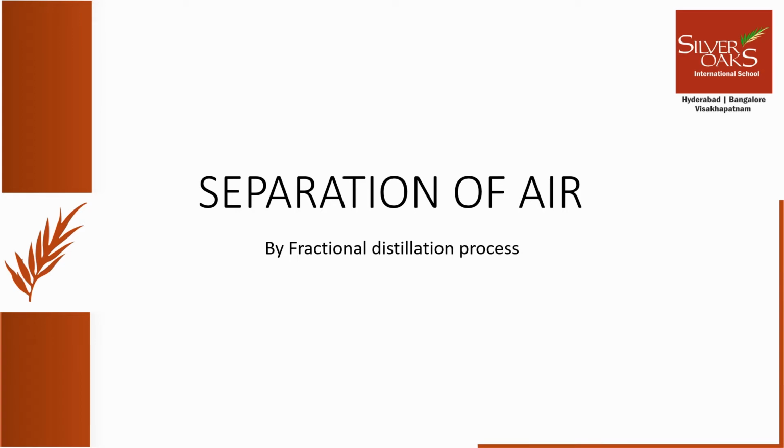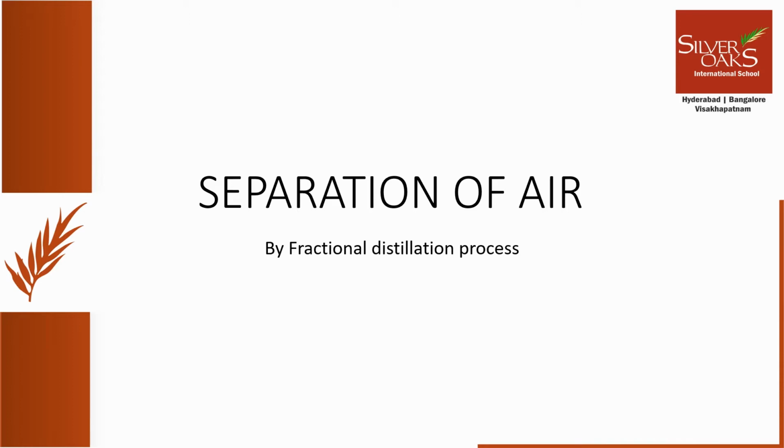In our previous session, we learned about the fractional distillation process, which is used to separate two miscible liquid components. In the same way, we can separate more than two components of a miscible mixture by using the same fractional distillation technique. Here, the fractionating column has different outlets to collect the separated components, which are arranged according to their boiling points. For example, the separation of different components of petroleum products.